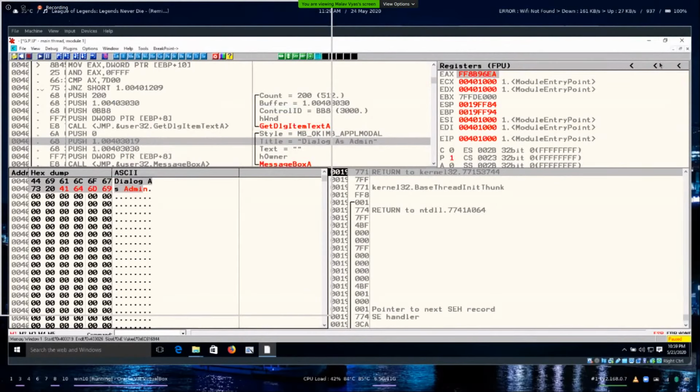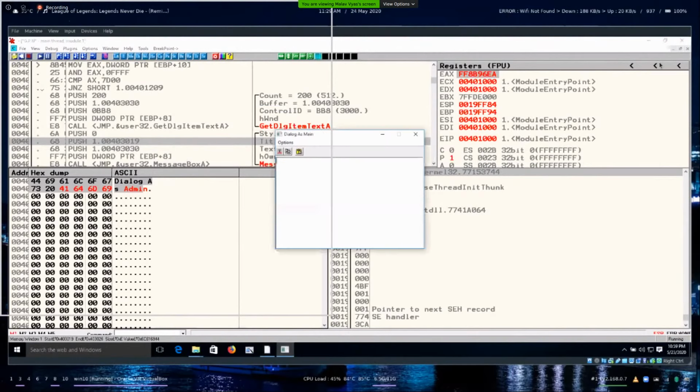Dialog as admin. Now F9 to run. Dialog as admin. Okay, so this was just to explain the simple portion.